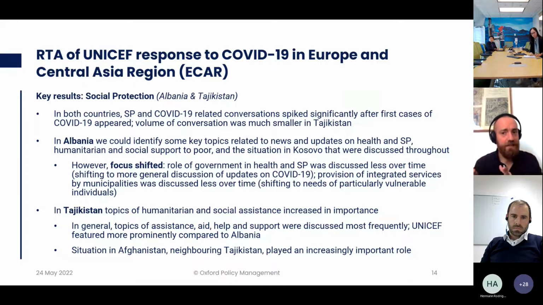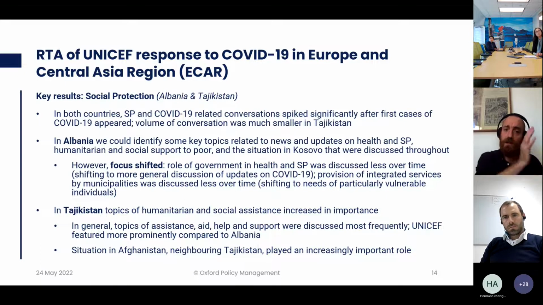And these topics were discussed throughout. However, what we could identify is that there was a shift in the focus of these conversations. So what that meant is that some key terms in the topics and the importance of them actually moved over time. So we saw that the role of government in health and social protection was discussed less over time, and